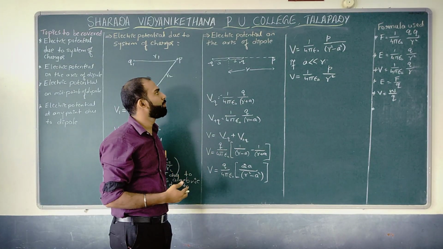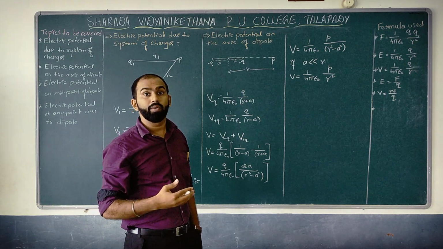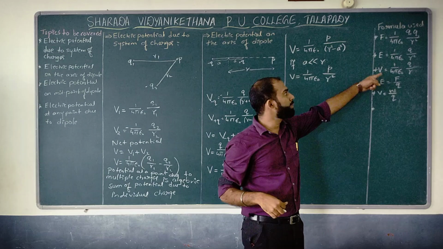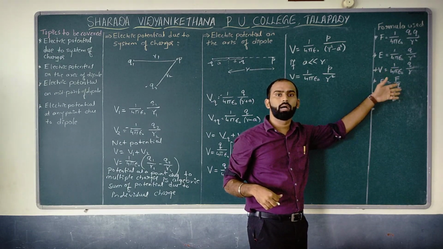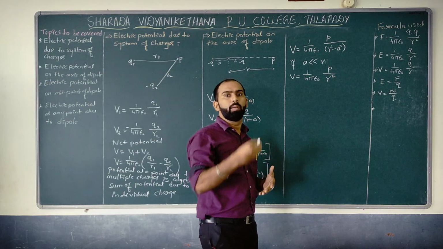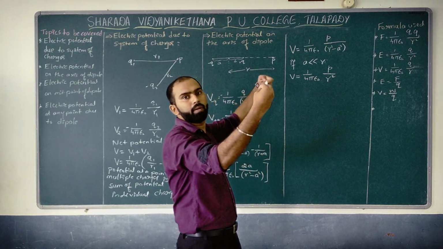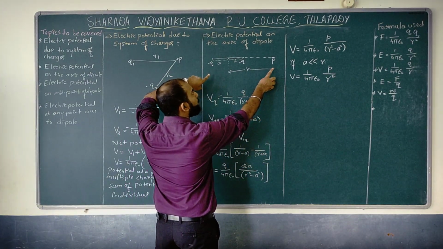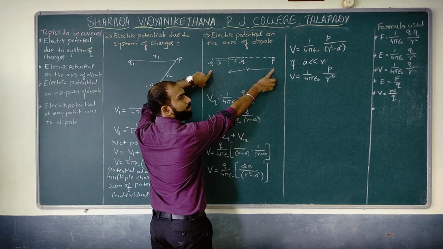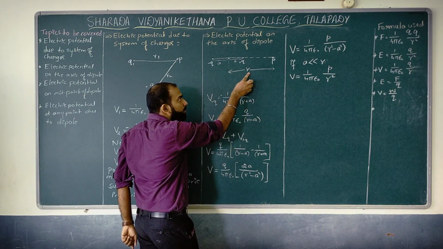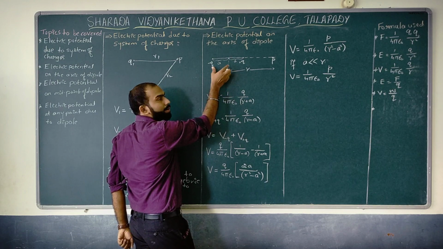So what is the general formula we can expect for electrostatic potential? We have V equal to 1 by 4 pi epsilon naught, q by r. R is nothing but what? It is the distance between point P and where you have kept the point charge over here. Correct? So what is the distance from P to minus q over here? We have P to midpoint as r, and from here to here we have taken a.